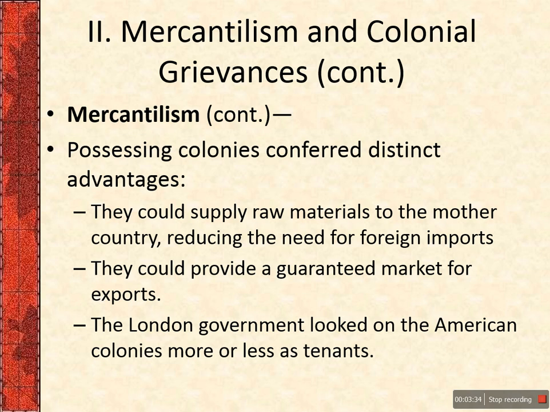They supply raw materials. So in the American colonies, tobacco is a great example of this. Lumber is a great example of this. All of the staple crops really are great examples of raw materials that could be supplied by the colonies to the motherland. But also, and just as importantly, they guarantee a market to sell finished products in. So when you think about